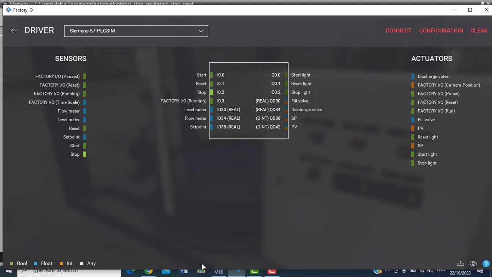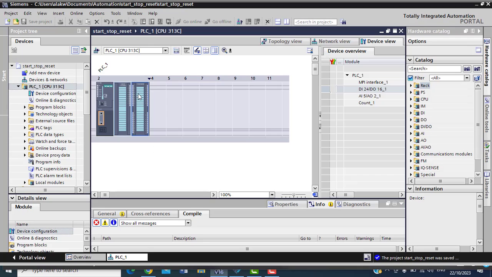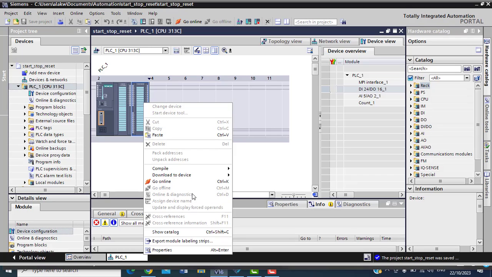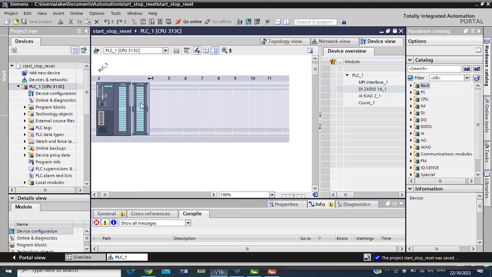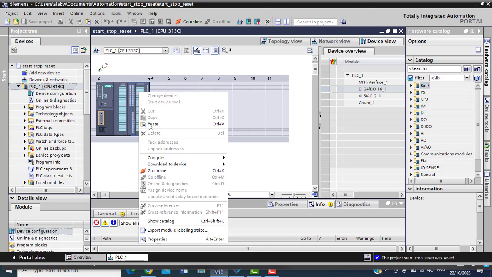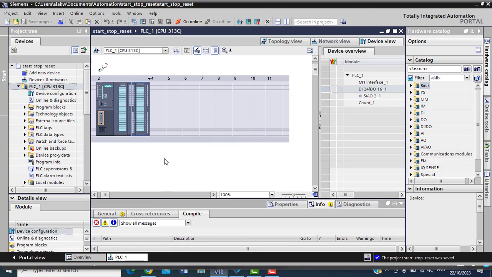Okay, so what I'm going to do now is say I go for this one. Since I don't know whether all my bytes will work for the input and the output, now byte 0, I have to click on this one, which I think is my output card. You can see it says DI/DO, right? DI24 DO16. This is digital input 24 bits, this is digital output 16 bits. So I will right click on them and go to properties. When I go to properties, hopefully it opens quickly.